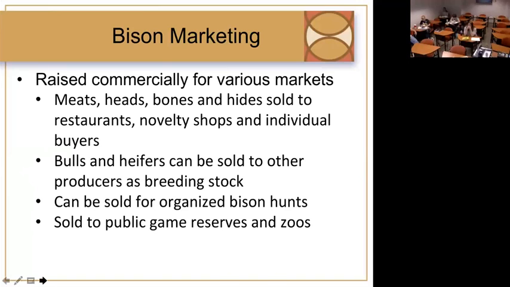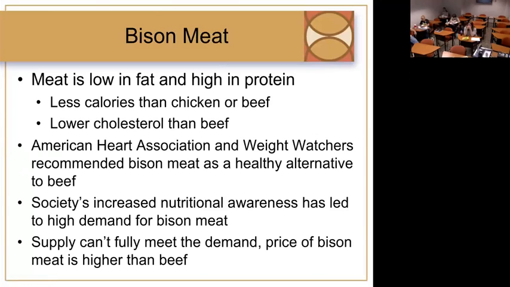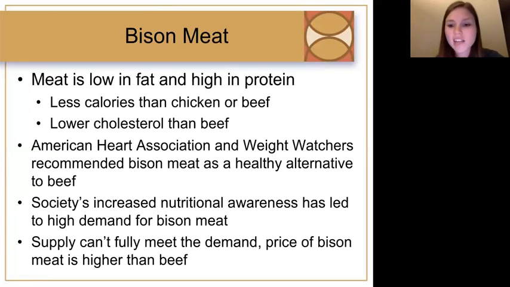If bison are still relatively low in number, being less than 1 million, why in the world are they still allowed to be hunted? I think it's just the organized hunts and things like that. Their populations are not in dire stress anymore because they are raised for meat in the U.S. So I think the hunting is more of a controlled situation now, whereas before, when they nearly went extinct, it was out of control, with no regulation of it. But now hunting of bison is tightly controlled.